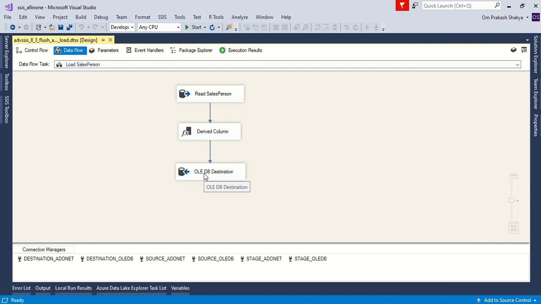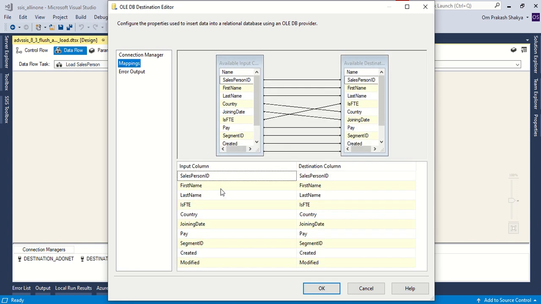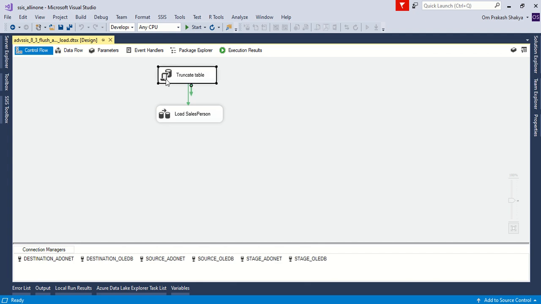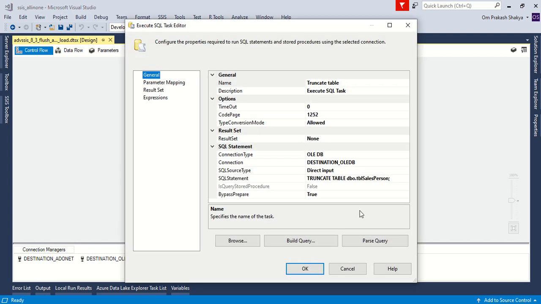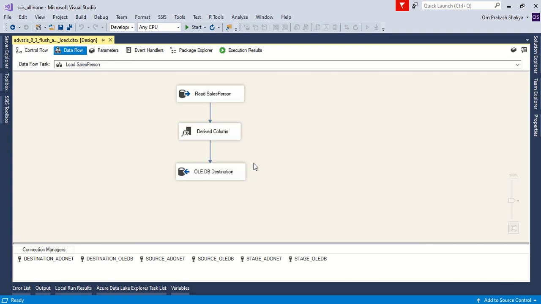And then we have used the OLEDB destination, and in the destination we are using the connection manager and loading this data into the table. We have mapped the columns in the mapping page, and that's it. So we have truncated this table manually, explicitly, and then we perform the data load.